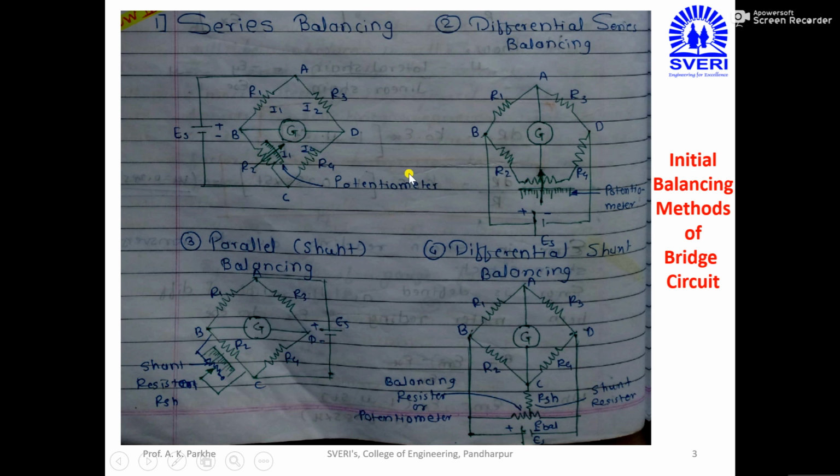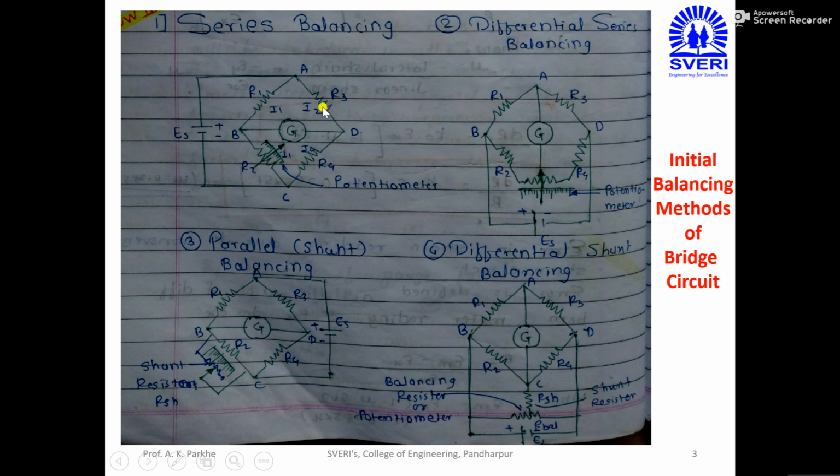And if all the resistors become 350 ohm, then your bridge is properly balanced, meaning the display will show the zero reading. But this series balancing has one major disadvantage: in this arrangement, fine control is not possible. Only coarse control is there, and in addition to that, a separate potentiometer is required for each and every arm. Now in this condition, only R2 I have to change, but sometimes R3 has a resistance value of 351 ohm, so I have to make it 350,